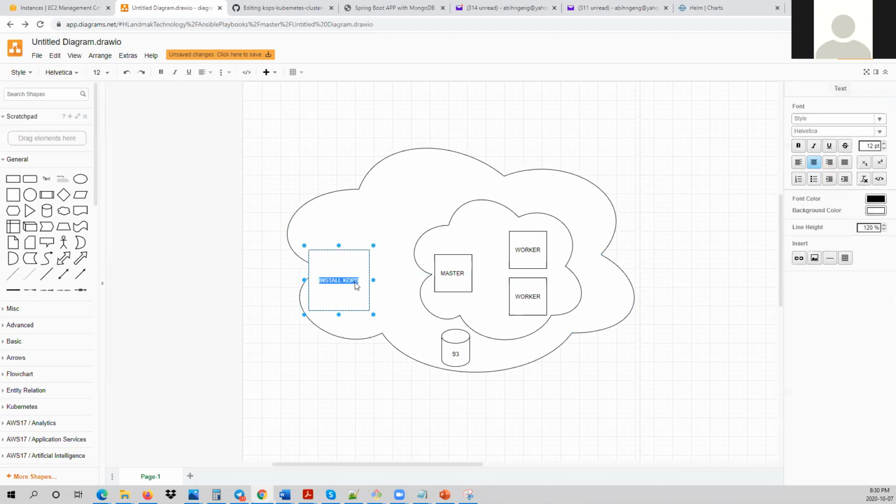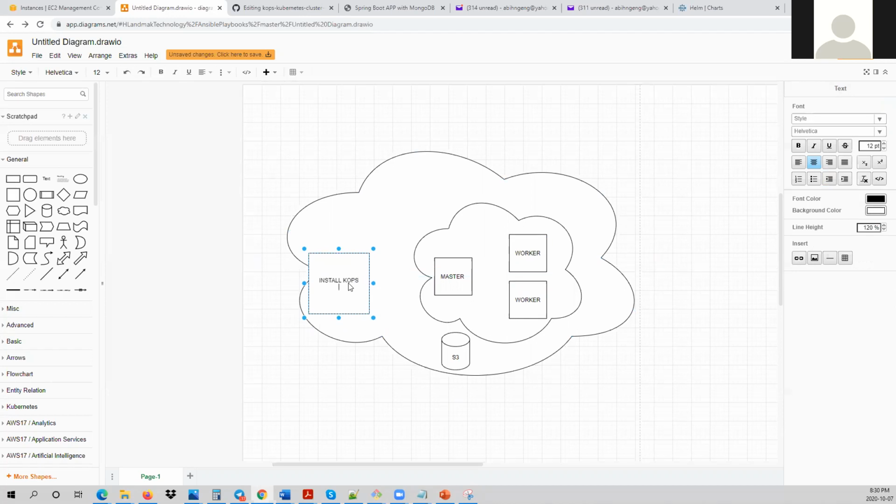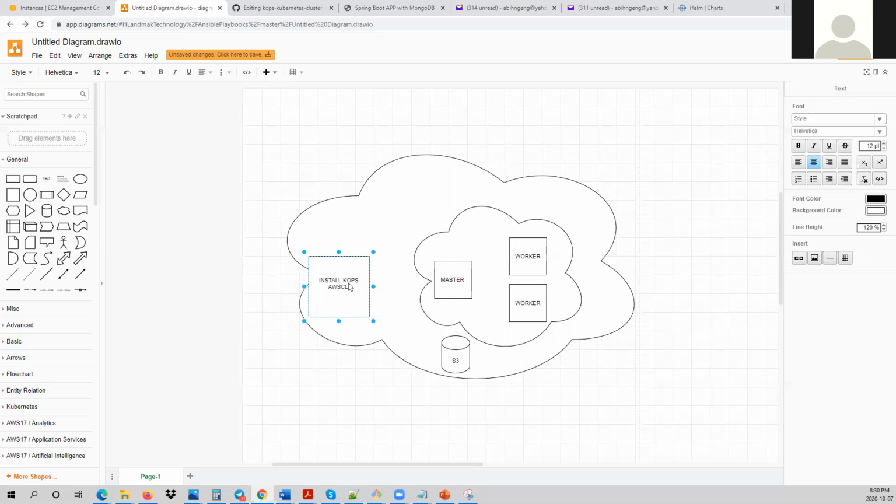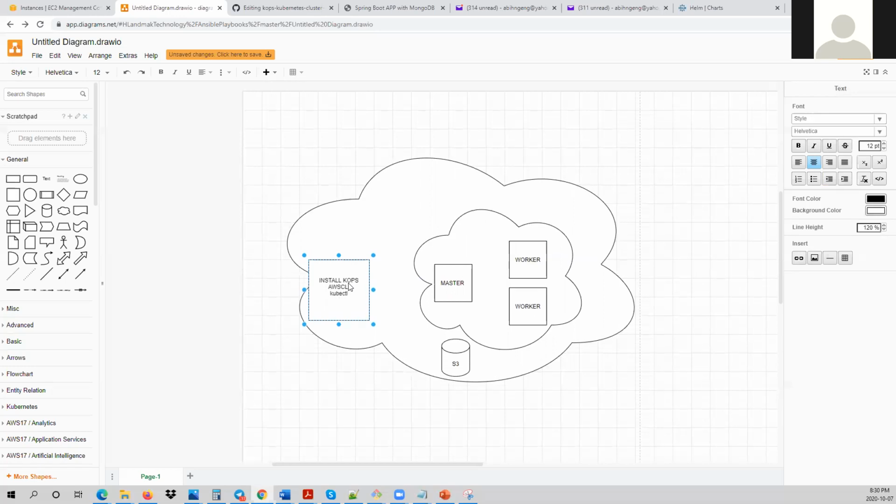Install KOPS. The next thing is we're going to install AWS CLI. We are going to install kubectl. We are going to do